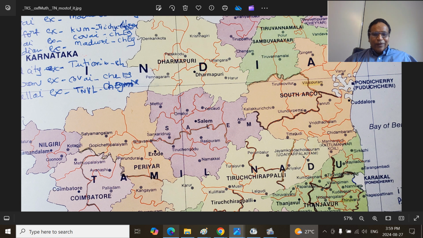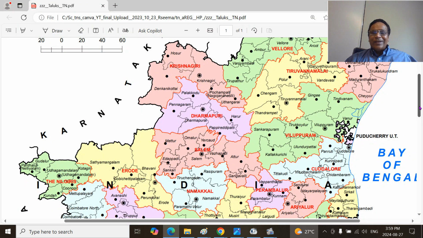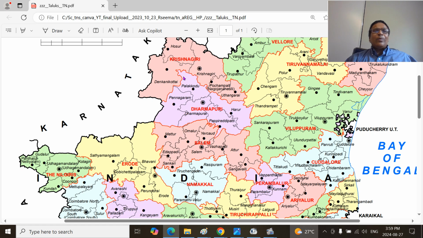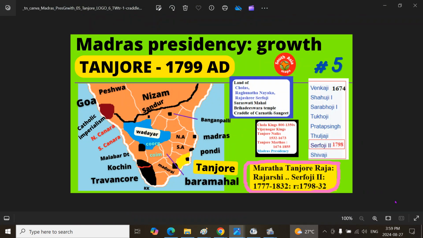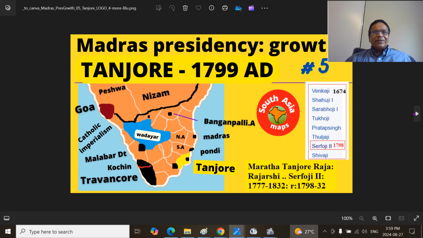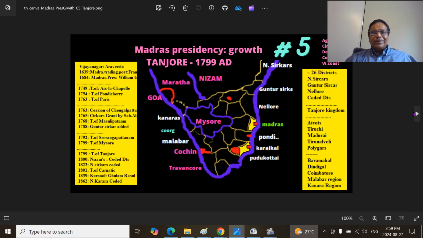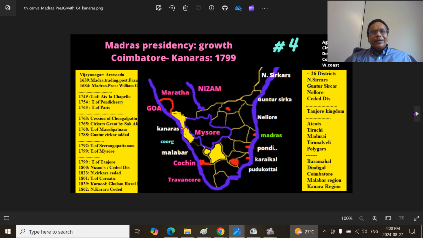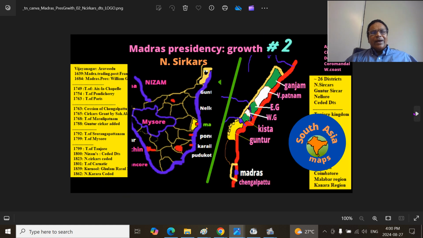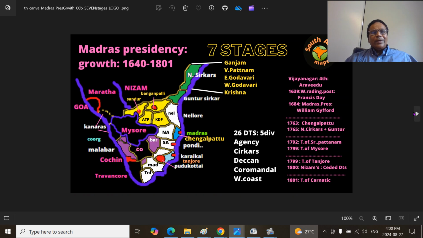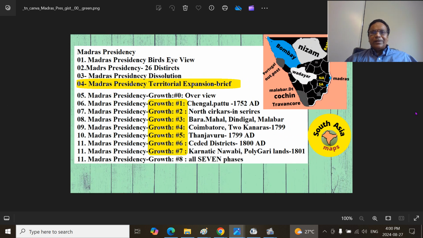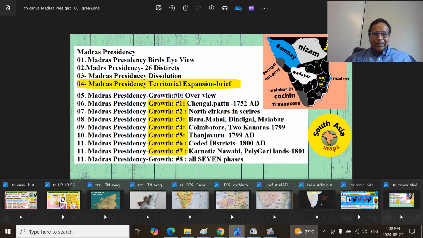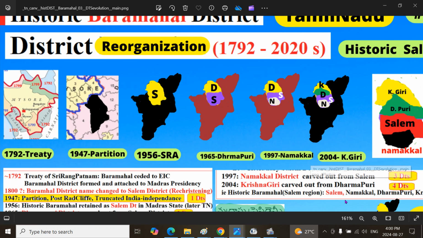And if you are curious about what are the modern taluks, tehsils, I have put it here, I will talk about them somewhere. There are a little more than that. You can see Krishnagiri, Dharmapuri, Salem, Namakkal. Mitranam, if you want to know more about this, I had an entire Madras Presidency, you can look in the playlist, that is in the Tamil Nadu or Madras Presidency. I have articulated them extremely well, so that you will get a broader idea. Here I am showing all this Madras Presidency area. So that is about the fascinating